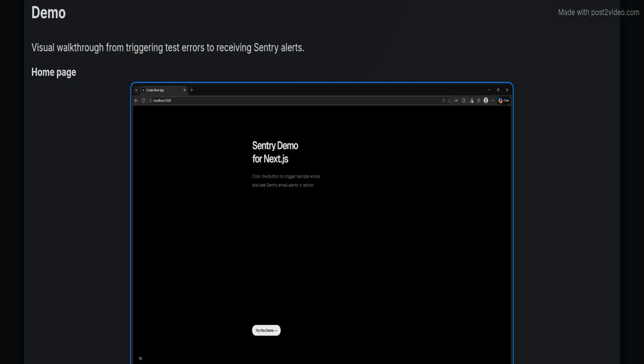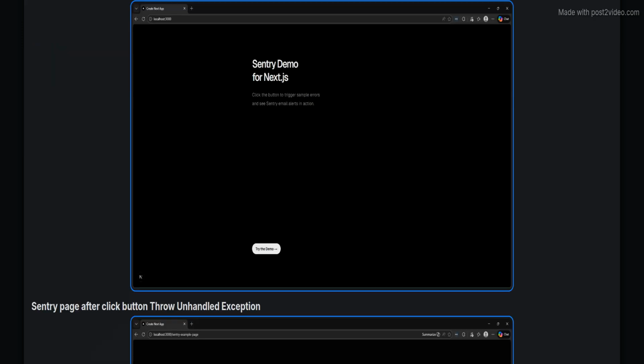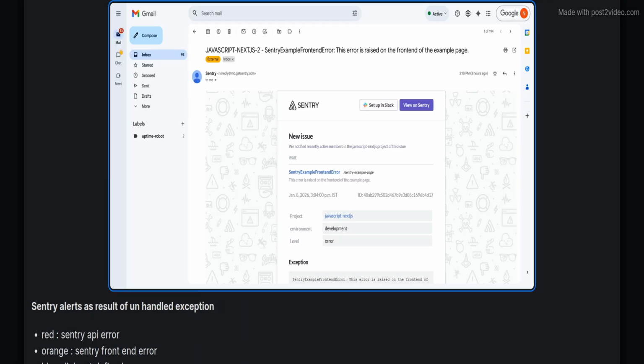This section provides a visual walkthrough of the demo, illustrating the process from error triggering to receiving alerts via Sentry, facilitating user understanding of the monitoring capabilities. Screenshots from the demo highlight the main page of Post-to-Video, where test buttons are present, enabling users to directly interact and trigger error alerts. This image presents the Sentry interface after clicking the Throw Unhandled exception, showing alert notifications resulting